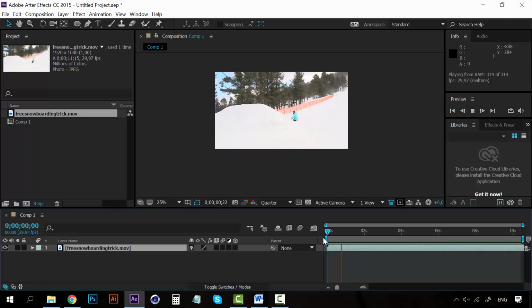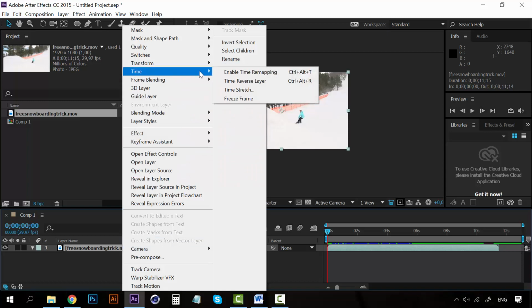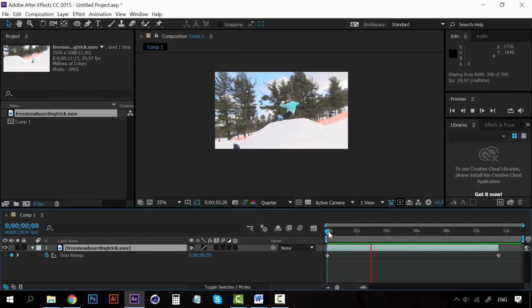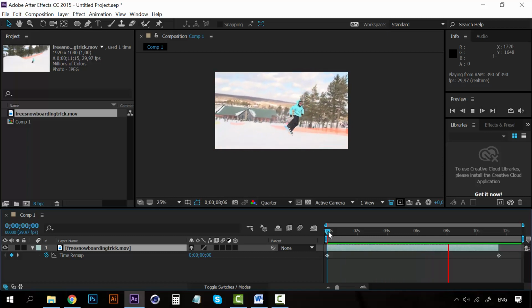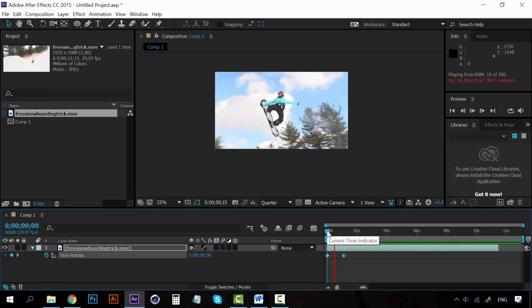Alright, now let's add some time remapping to it. When you have a movie file, you don't need to pre-comp the file to be able to time remap. Just right click on it and go to Time, Enable Time Remapping, and here we have our two keyframes as we saw before. Right now the video is the same as before, but if I move this keyframe to this point, you can see that the video